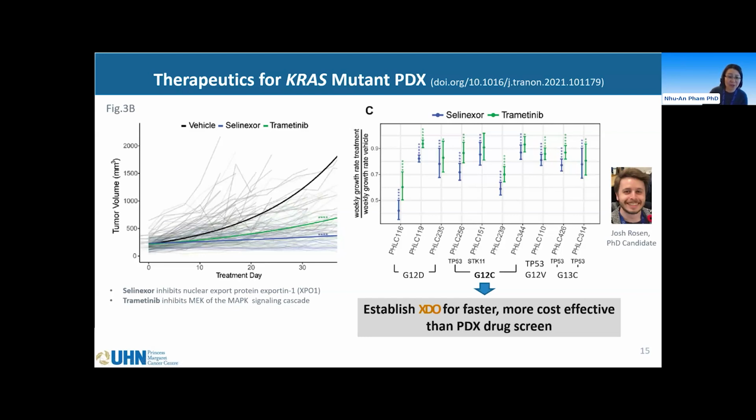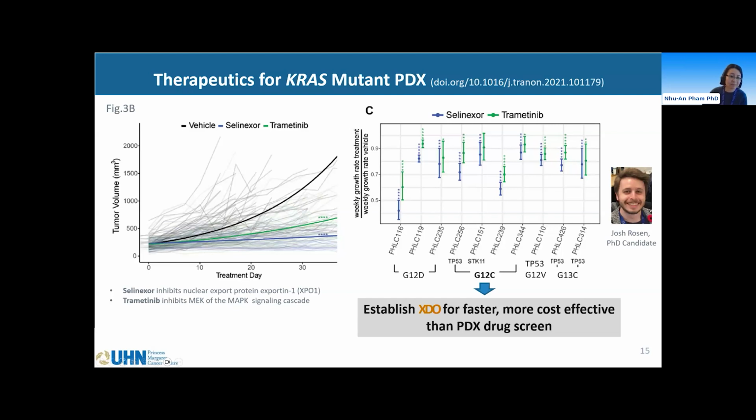It uses log linear mixed effect modeling. And in the right panel, we report this as the weekly changes in growth rates of the treatment compared to the vehicle control group. If you're interested, I would direct you to the paper that has been published on this study. One can ask, are there differences in response depending on the subtypes of the KRAS mutations, as you can see here, the G12D, G12C, and so on, and with other tumor burden genotypes,